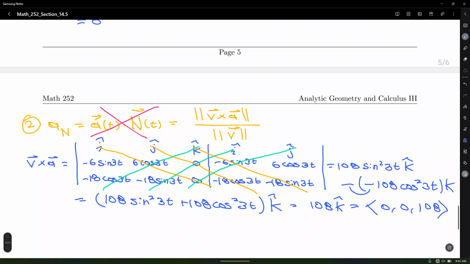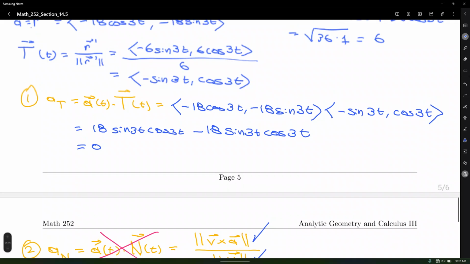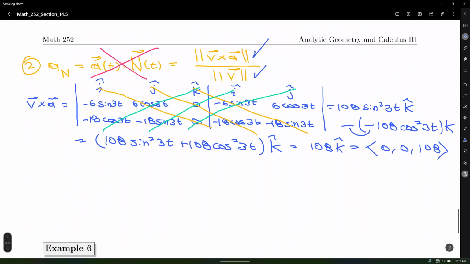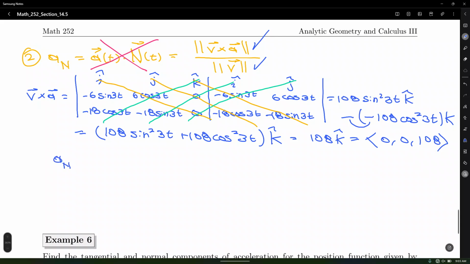Okay, so we have the cross product. That is the numerator, right? What else do we need? Oh, we also need the magnitude of the derivative of the velocity, which, didn't we find that in the previous part? Which is, what's that? Okay, that's actually 6, so we actually have it. Okay, so we may go ahead and write a sub n, that is the normal component, that is how much of the acceleration it's projecting onto the unit normal vector. That is the magnitude of v cross a that we just found in the previous part, divided by the magnitude of v, which we found in part 1. Okay, so that is,